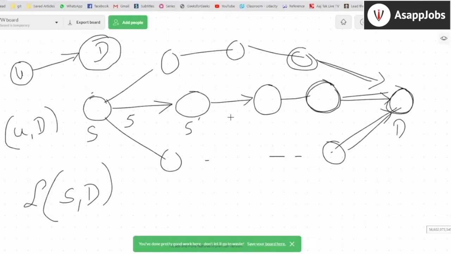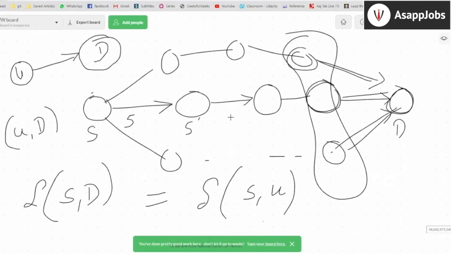And I want to find out what delta is, right? Delta is the minimum path from S to D. So I can write delta here like this. Delta is the minimum path from S to U, where U is some vertex which connects here, like this other vertex.